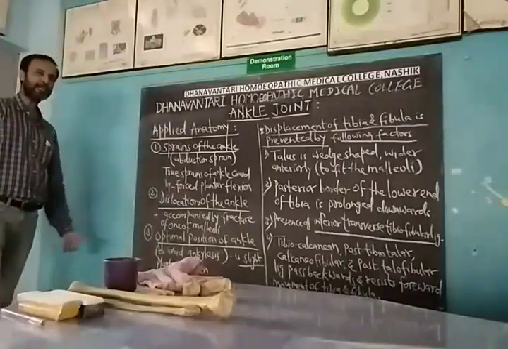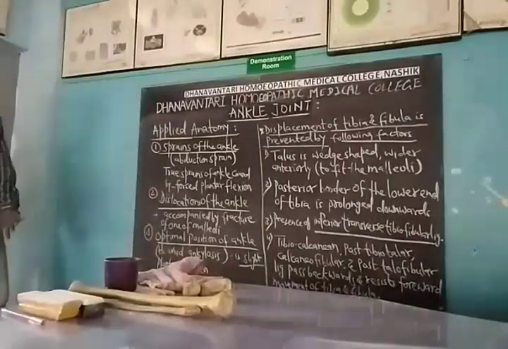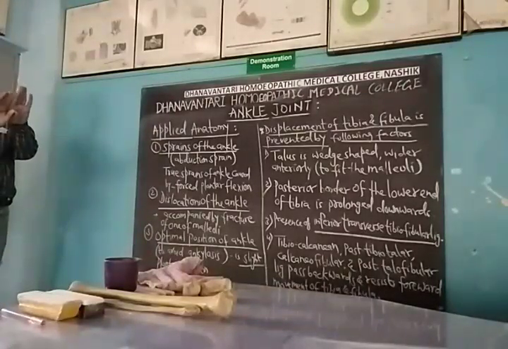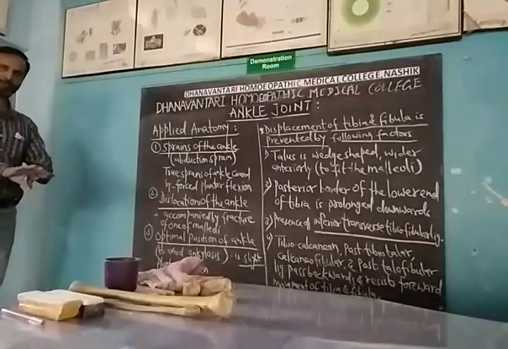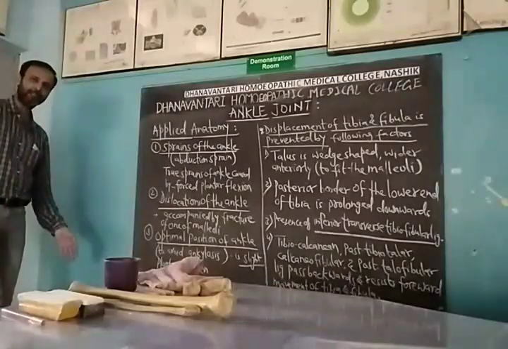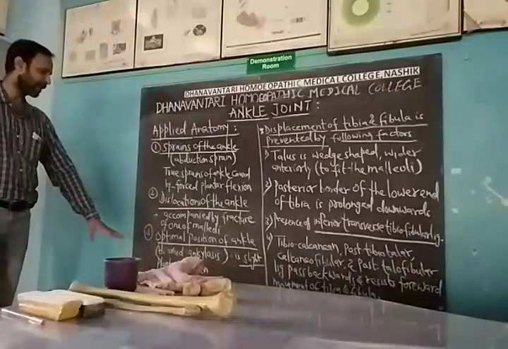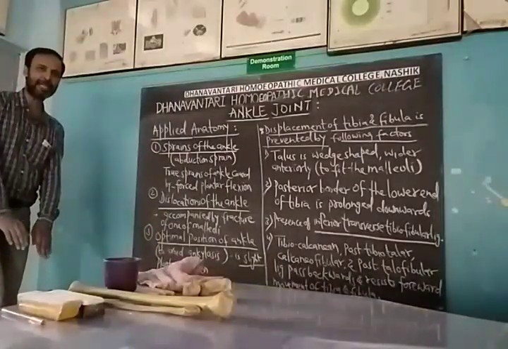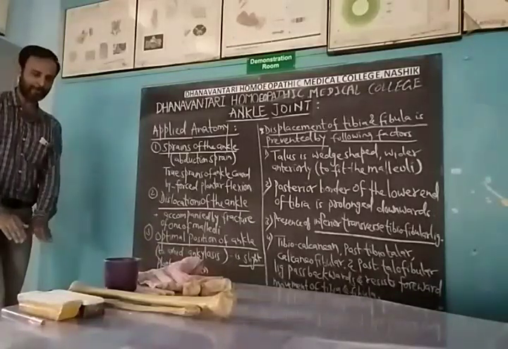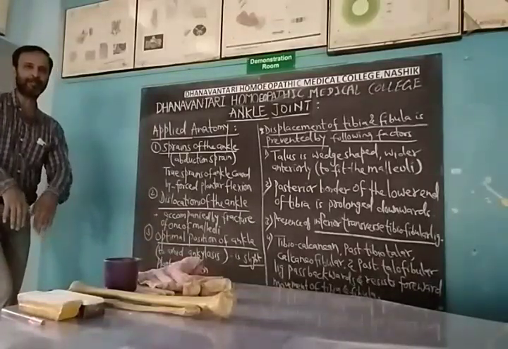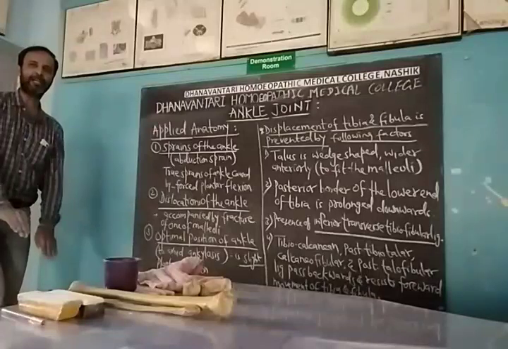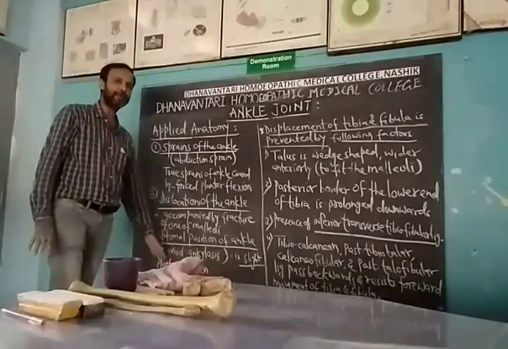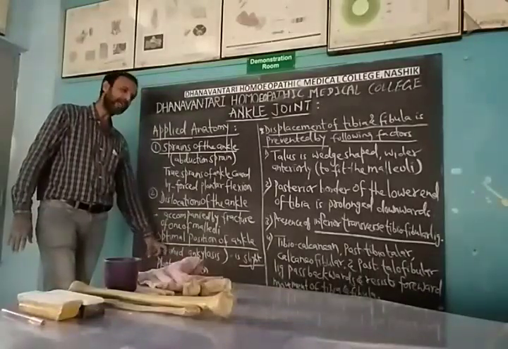Now third, to prevent ankylosis, meaning inflammation of this synovial joint at the ankle. The optimal position of the ankle is always a slight plantar flexion. Even in a sitting position with the foot towards the ground, it is a slight plantar flexion. That is the optimal position, and it prevents or avoids ankylosis.